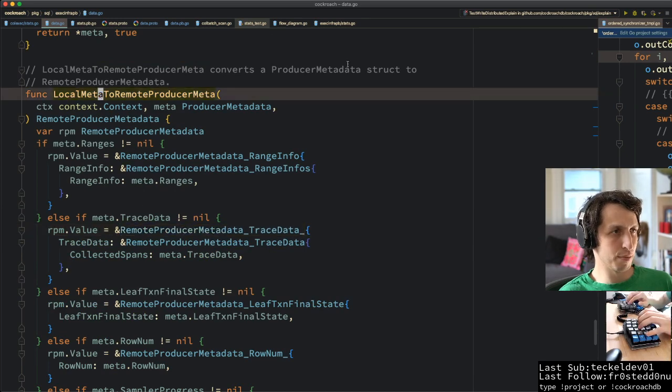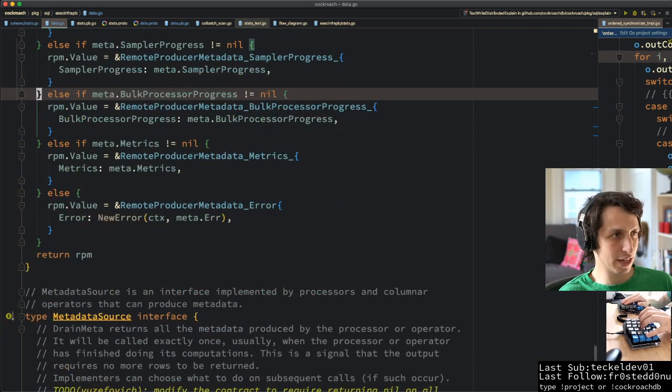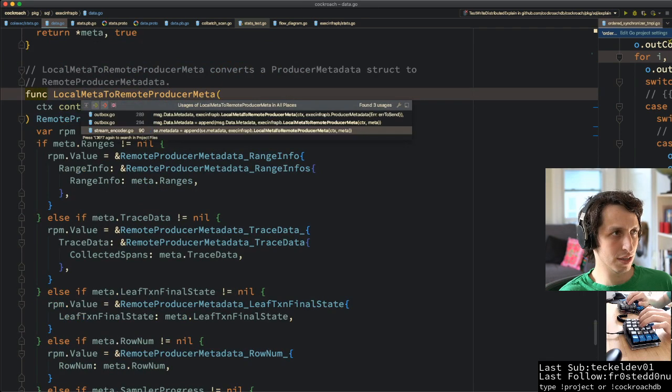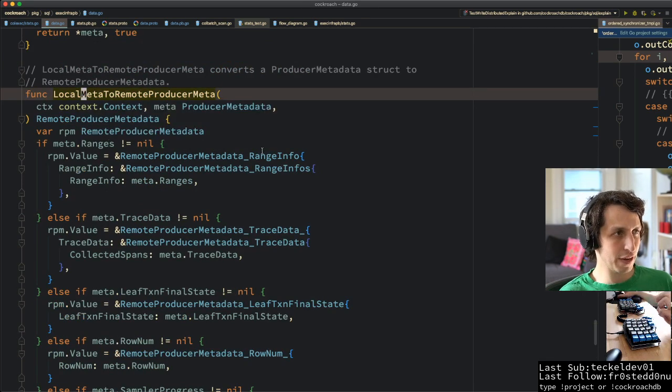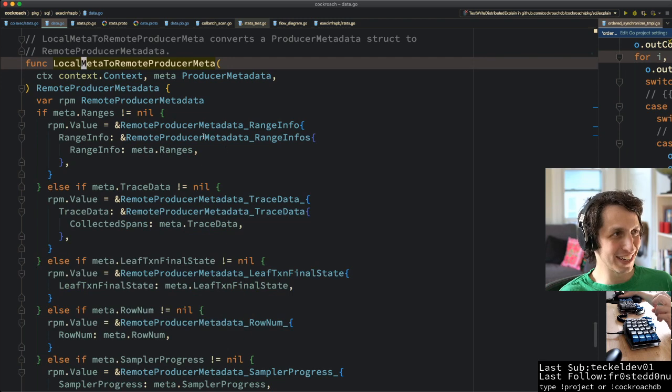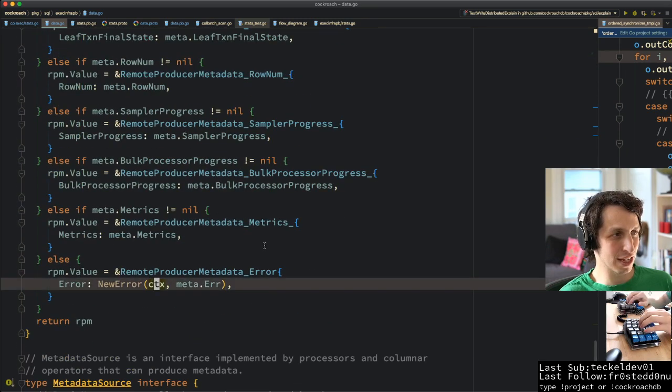Local meta to remote producer meta. Okay, so we just have this giant disturbing looking switch statement that we sometimes call. Okay, that's fine. I don't love it, but that's fine. We'll just add another case for this. We'll just say like